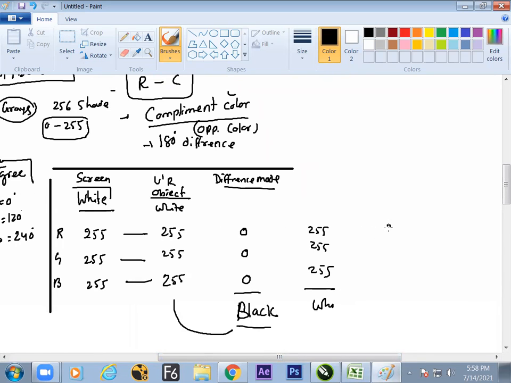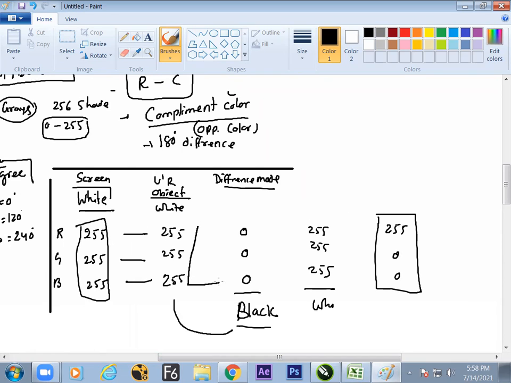Because the customer is asking, give me red color. This is called the red value. And the screen is white. Then he's asking which color you need to take. Very simple answer. You can do the math here. What you put here is 255, here 0. And here, what you put, then the math will be 0 here, 255 and 255. Are you getting what I'm doing here? To produce the red, this is the value you need to take if the screen is white. And make the difference, you'll find the red color.